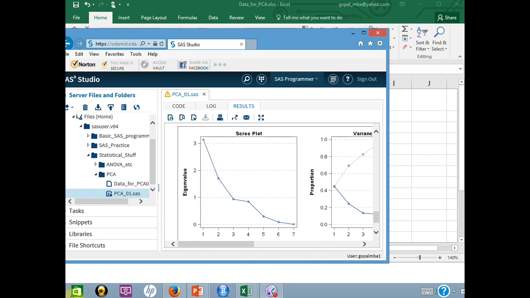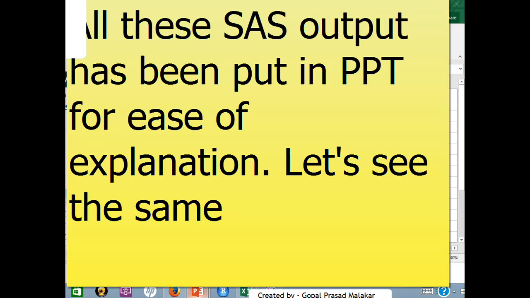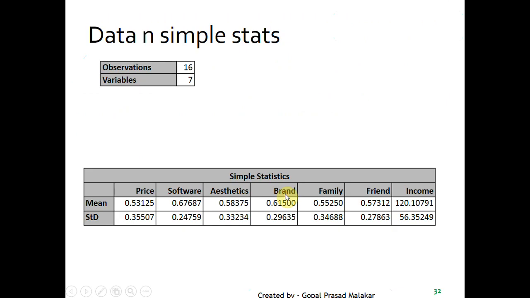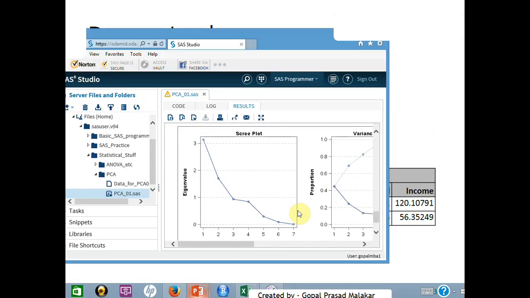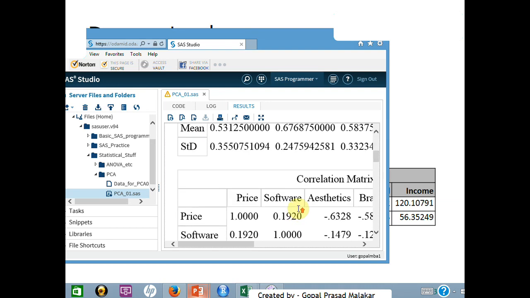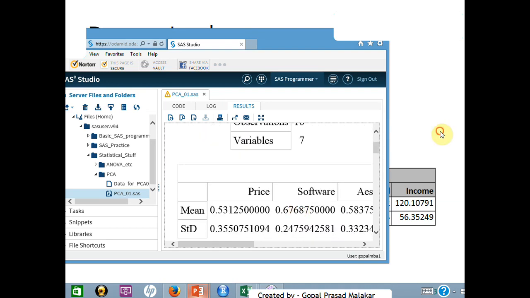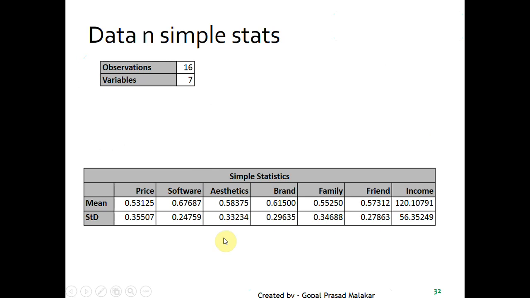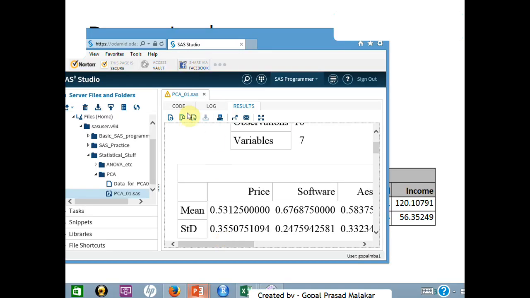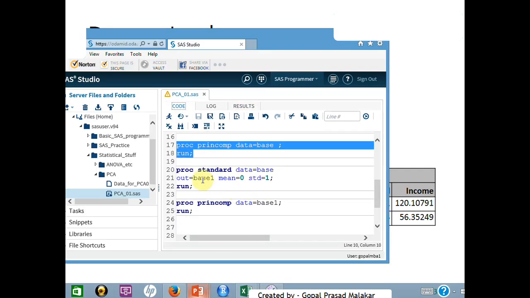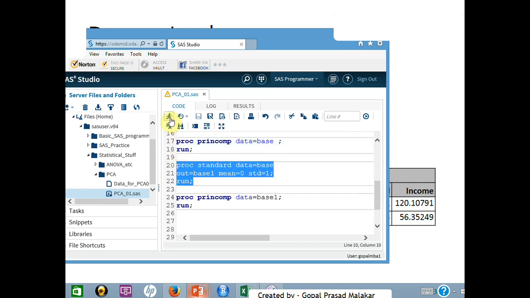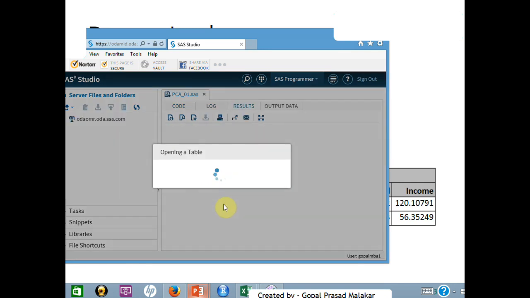I have already downloaded this on my machine, and I'm going to show you in the PPT, where I'll explain each and every part that you see on the screen, so that I don't need to go to and fro, and I can directly show you on the screen how it is coming. One more thing you need to understand: if you standardize data in SAS and take a look, the standardized output is very much the same as the output you were getting earlier.